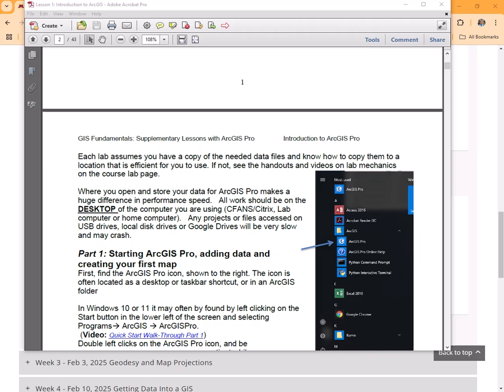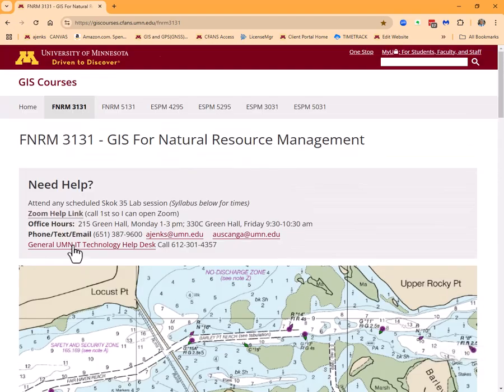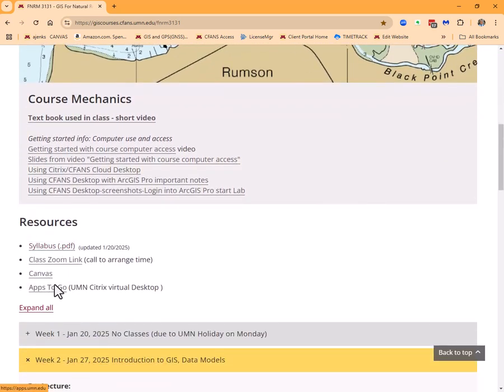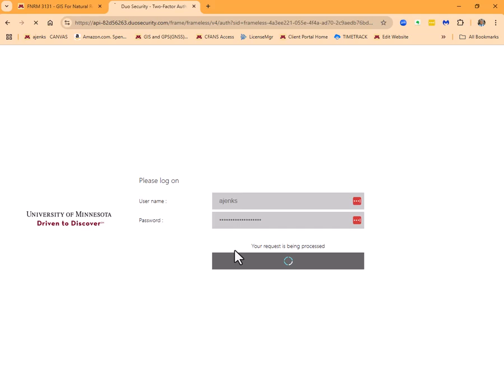Now for this particular exercise, I'm going to go through starting the CFANS desktop and the Citrix online to get to ArcGIS. So there are a few extra little pieces here if you're working at home or working in the lab. In order to use the Citrix, you'll want to go to Apps to Go, which is on our web page, and under Apps to Go, we click on Apps to Go, and we log in with your